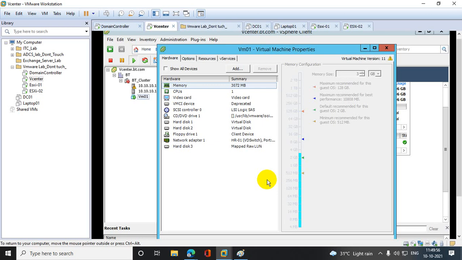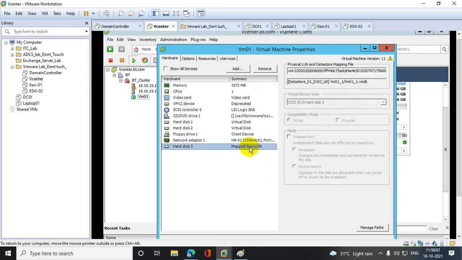So, in which scenario will you do V2V? Whenever your virtual machine has a raw device LUN attached, you generally will not be able to migrate your virtual machine to another storage. If you want to migrate this virtual machine to another storage, you need to do a virtual to virtual migration. For that you need a separate license from VMware and you need the converter. Clear? So is the RDM concept clear or not?